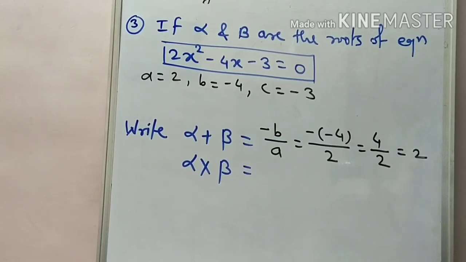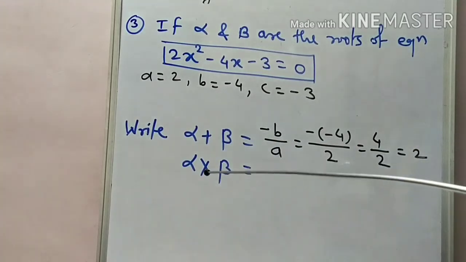So first here we write down the values of coefficients a, b and c. Comparing with the general form, the value of a is 2, b is minus 4 and c is minus 3. According to that relation, alpha plus beta is what? Minus of b upon a. So as we substitute those values, minus of minus 4 upon 2. Minus minus, again the product is plus, means 4 upon 2, and the answer is 2. So alpha plus beta value is 2.